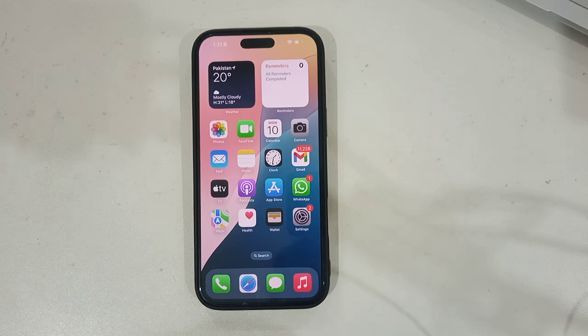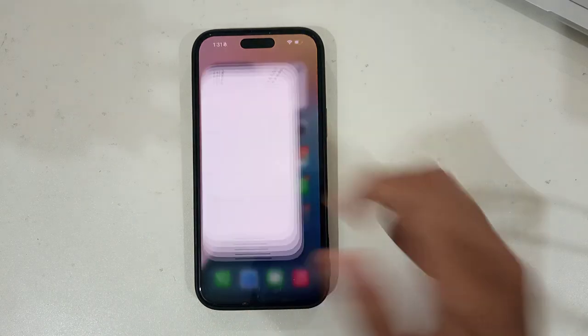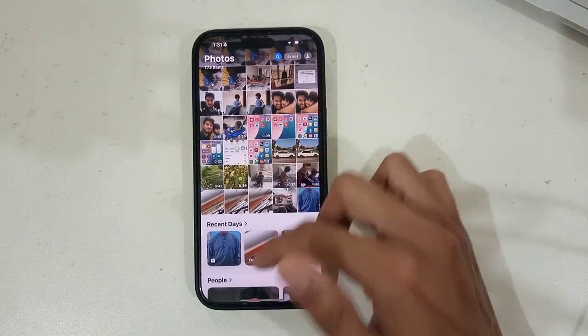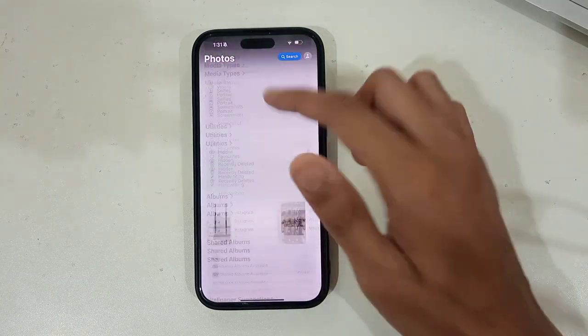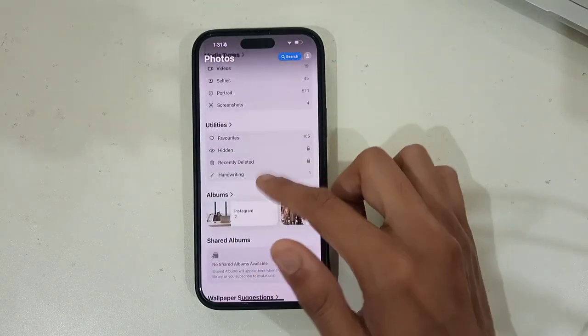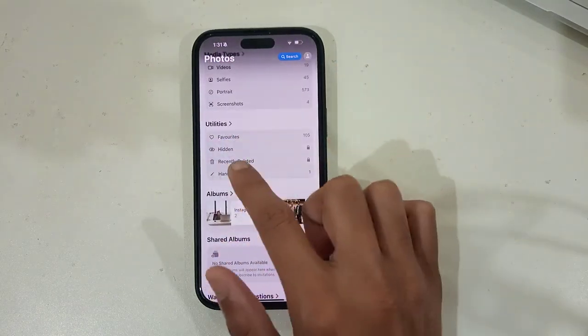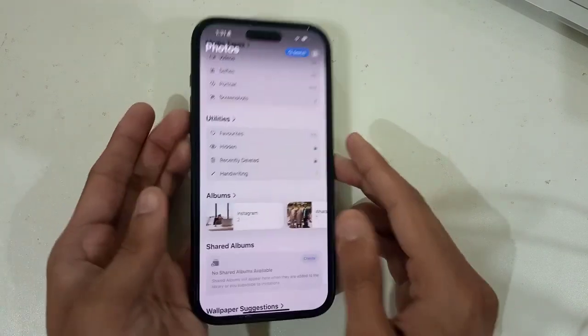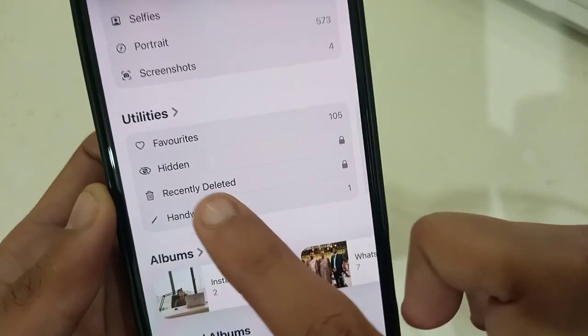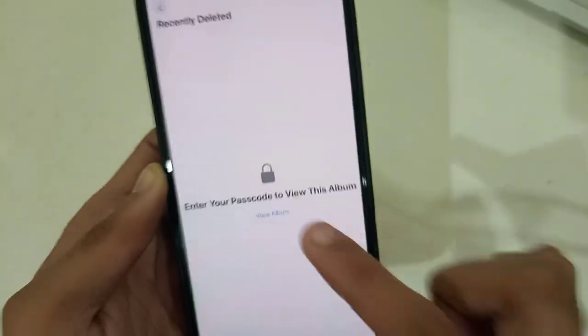videos on your iPhone. What you need to do is just go to your photos, and swipe up, keep going down, and under the utilities section, you can see that there are recently deleted photos here. Just tap on Recently Deleted, and it will